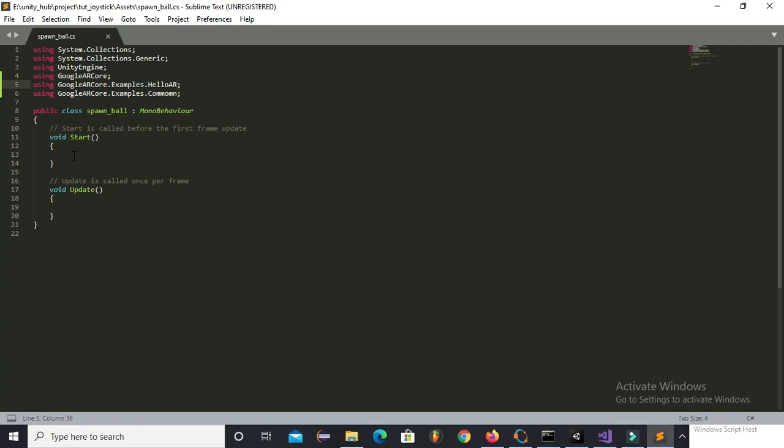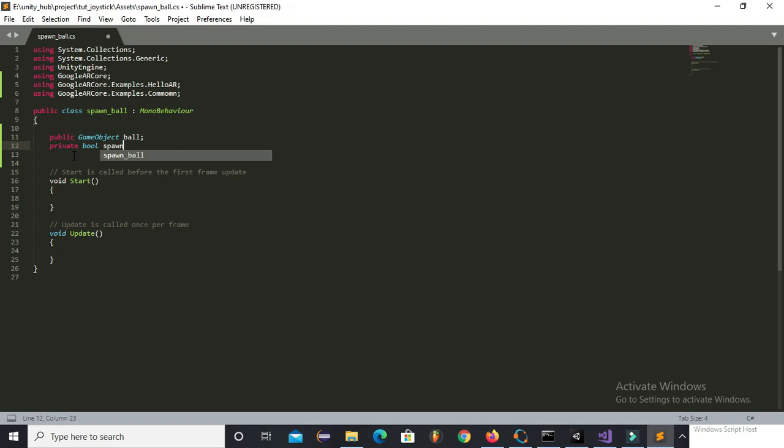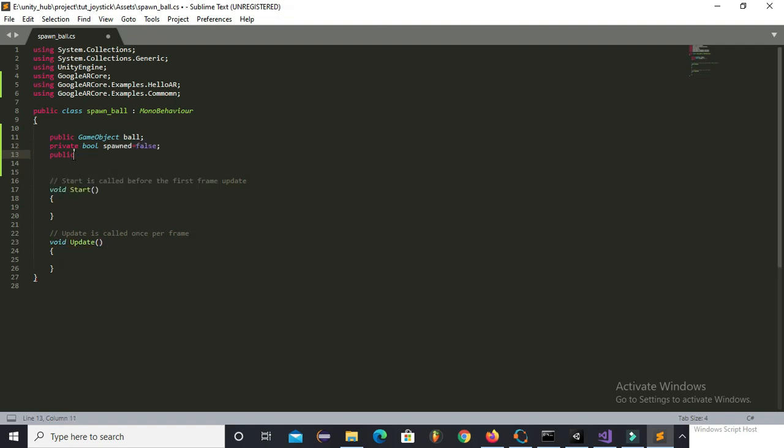Now we have to initialize some objects. So this game object ball will store the prefab of our sphere, and this variable will check whether the ball is spawned or not, and this third variable, first person camera, will hold the camera object, and the last one is the tracked plane prefab.